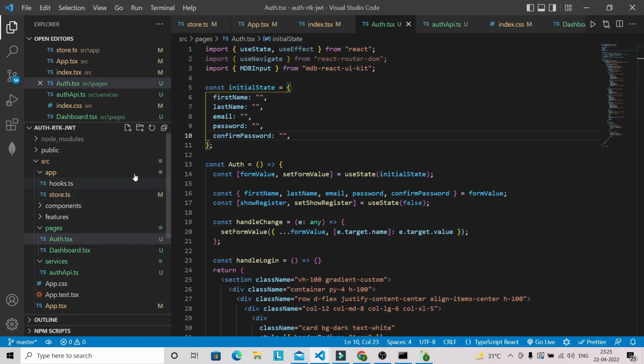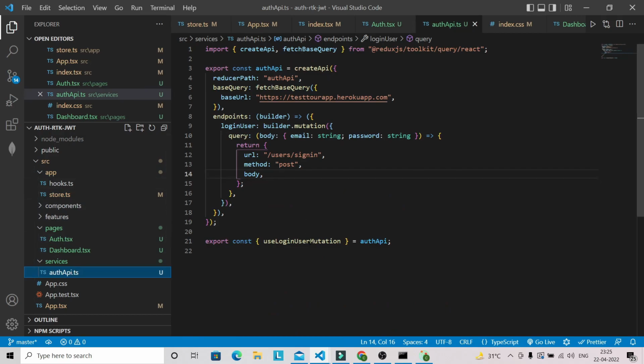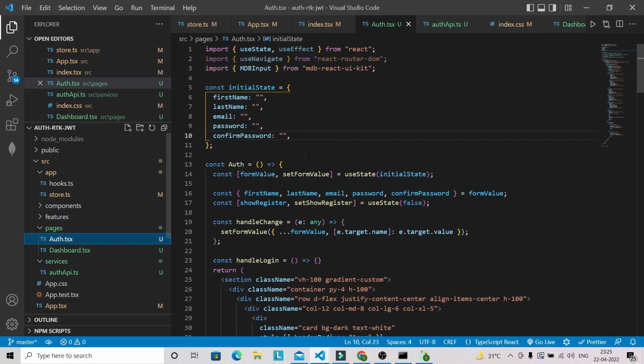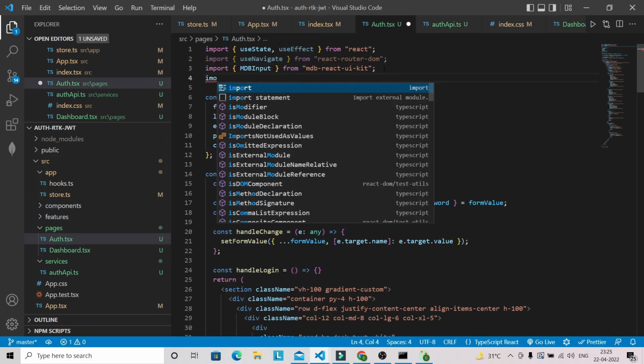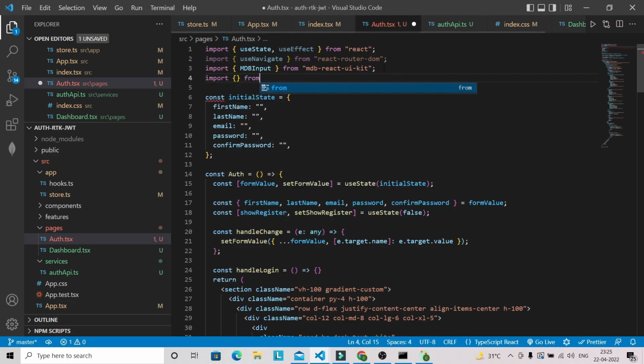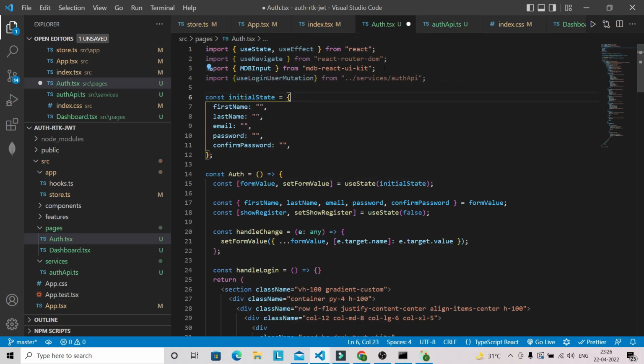And we have already written this service, so we can bring this use login user mutation into our auth.tsx file. So let's bring that one. So we need to go to service, auth API, and let's bring this use login user mutation. And after that,